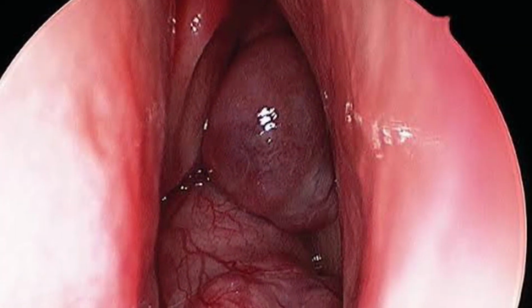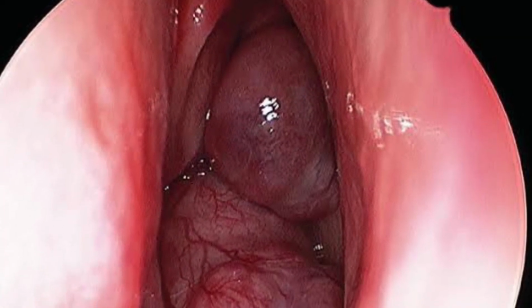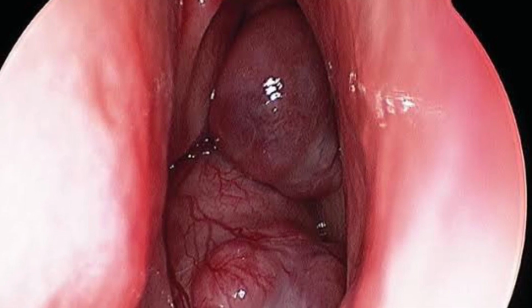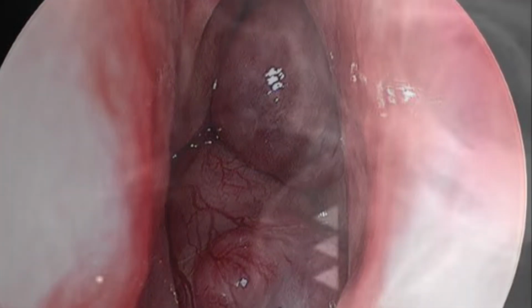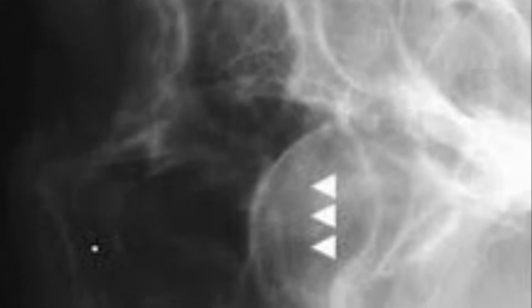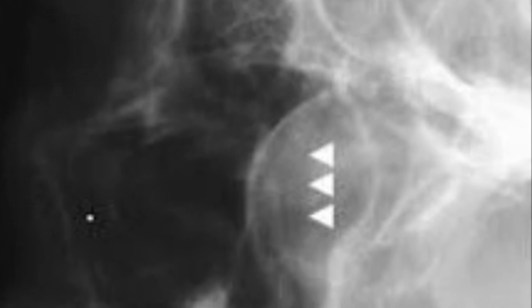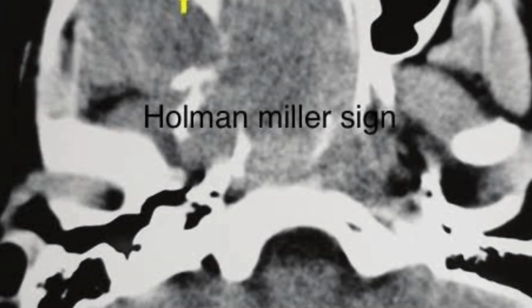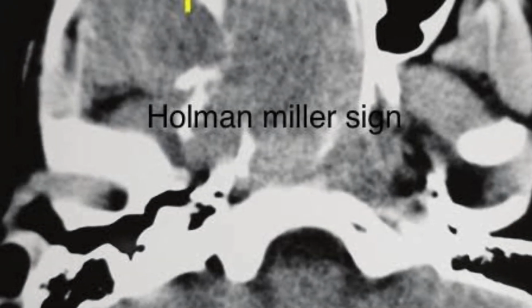The first investigation of choice is contrast CT scan, so that we can see the Holman Miller sign in the CT scan and the mass in the nasal cavity or nasopharynx area, particularly in the pterygoid wedge area. You can see the Holman Miller sign in the plain X-ray. Same you can see the Holman Miller sign in the CT scan, and this is the investigation of choice in most of the